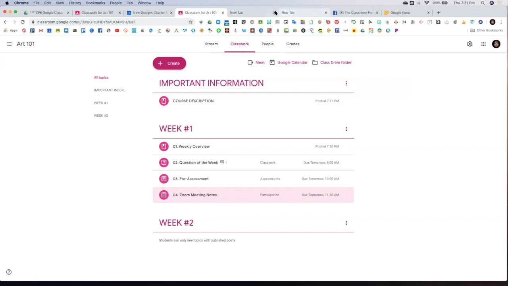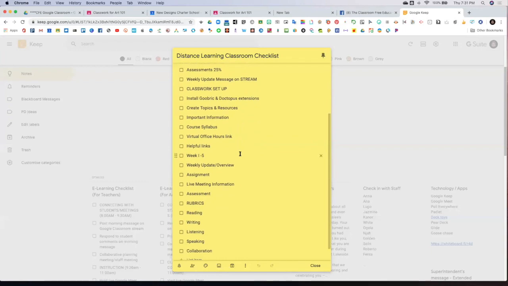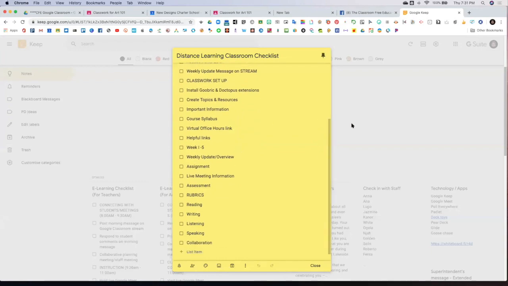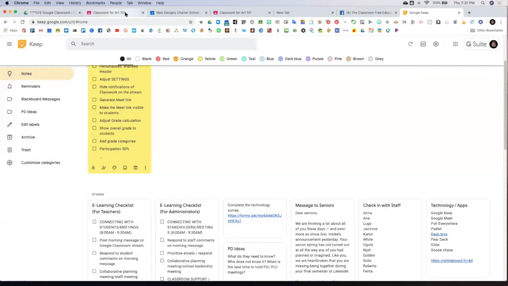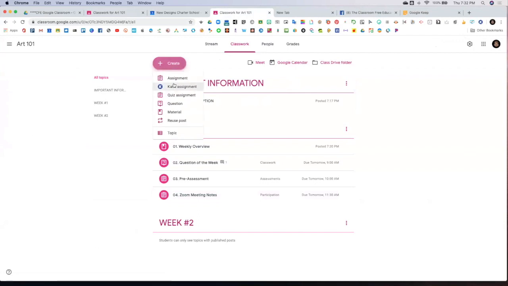Let me see, what else did I have on my notes? Create topics, syllabus, office hours. Yes, let's talk about office hours. This is important, and this is something that you should provide for your students. So first thing I'm going to do is create a material for my students, and I'm going to call this virtual